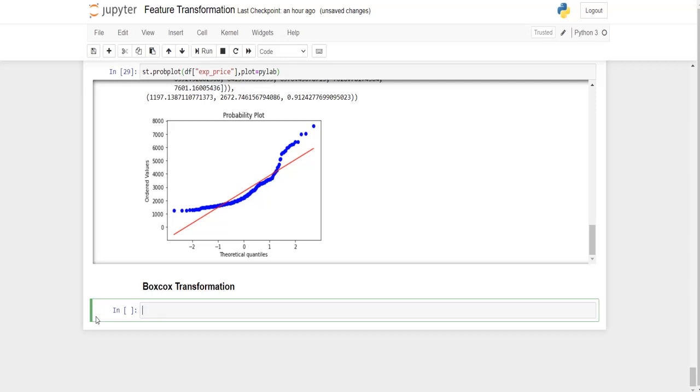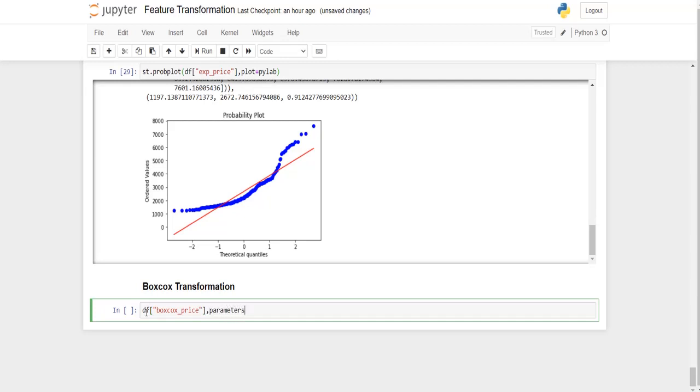So in Box-Cox transformation, by means of a formula, the data will be transformed. We have already discussed this Box-Cox transformation, so I can refer to the formula which is used for it. So let me apply it to the data frame. So df of Box-Cox_price. You have to include an additional parameter.